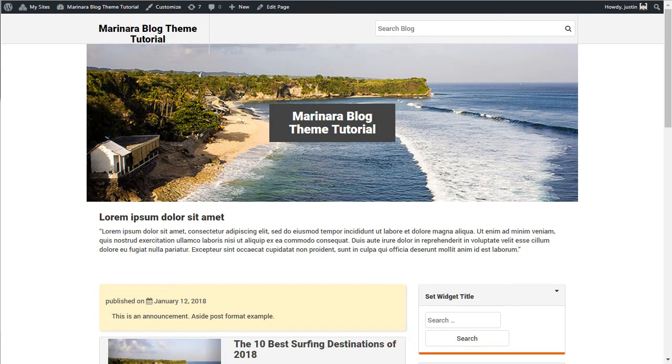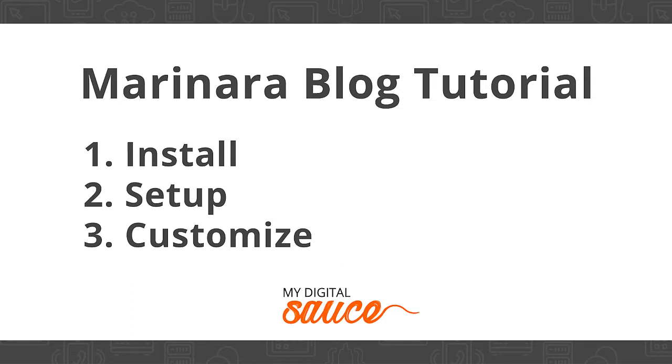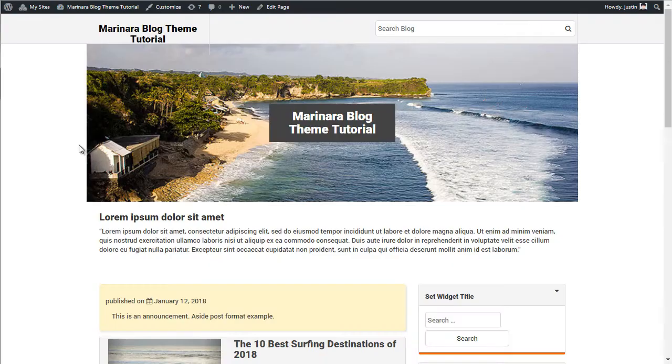We're going to be going over how to customize this WordPress theme that you could literally make in 10 minutes or less. In part 1 of this Marinara Blog WordPress theme tutorial, we went over the installation. In part 2, we set up the site with pages and posts. And now part 3, we're going to go over the design, and this is all going to happen in the